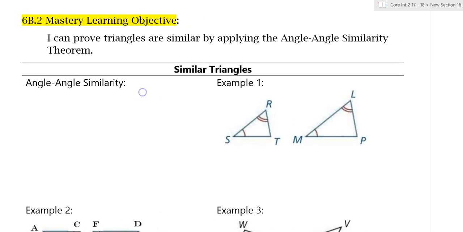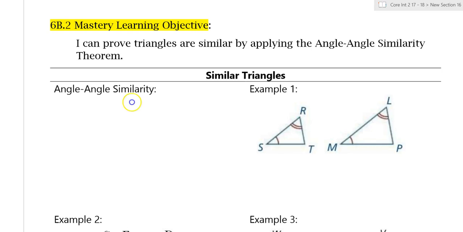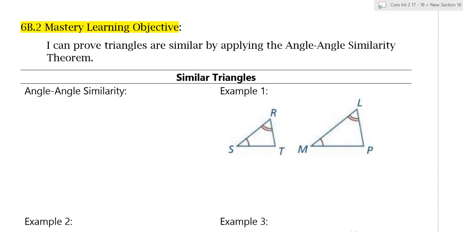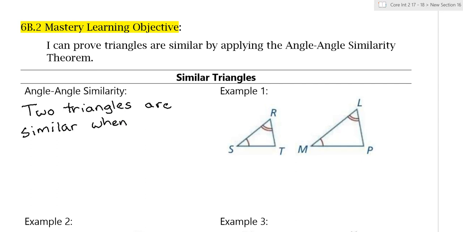Alright, today we are looking at 6B.2, and 6B.2 says, I can prove triangles are similar by applying the angle-angle similarity theorem. So, we say angle-angle similarity is when two triangles are similar, and remember, similar is just a squiggle, when